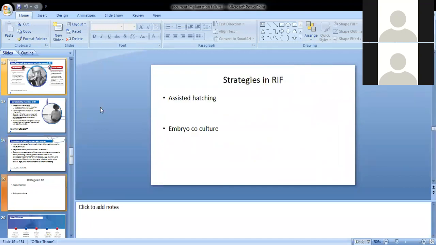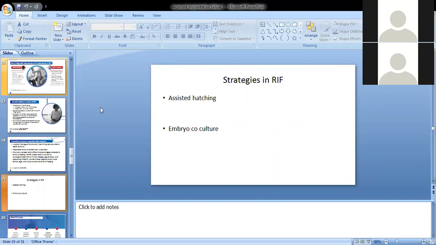Now, another strategy regarding the embryo that can be helpful in recurrent implantation failure is assisted hatching. As we know, some of the oocytes may have zona hardening or something, so there may be a problem in hatching also. That can be a factor in some of these patients. So there has been this attempt for quite a long time at assisted hatching. It can be done by 3 techniques commonly. One is mechanical, where you can cause a partial dissection of the zona, or it can be chemical using acid Tyrode's solution or something like that, or you can use a laser.